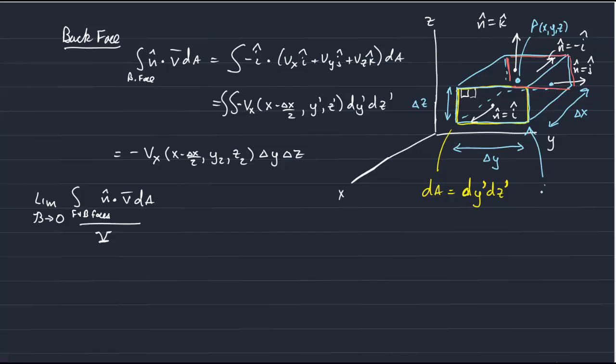Right, so our control volume again is named B, and has a volume of big V. And again, when we compute the divergence, we have to integrate over the whole control volume. But if we just look at the contribution of these first two faces, the front and back faces, we get the limit again as delta y and delta z go to 0 of,